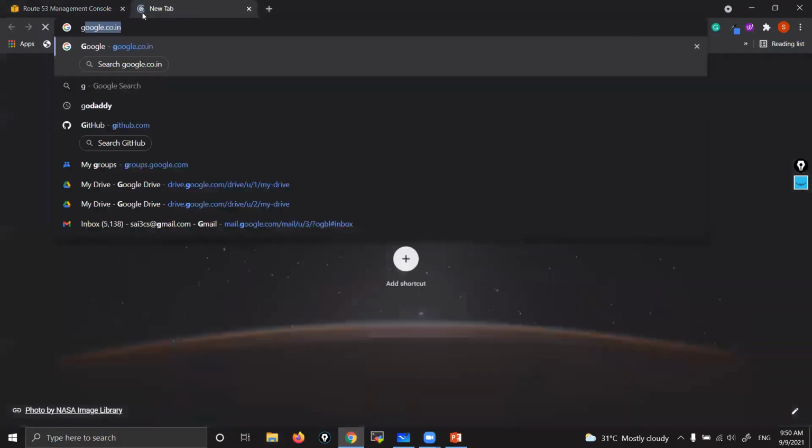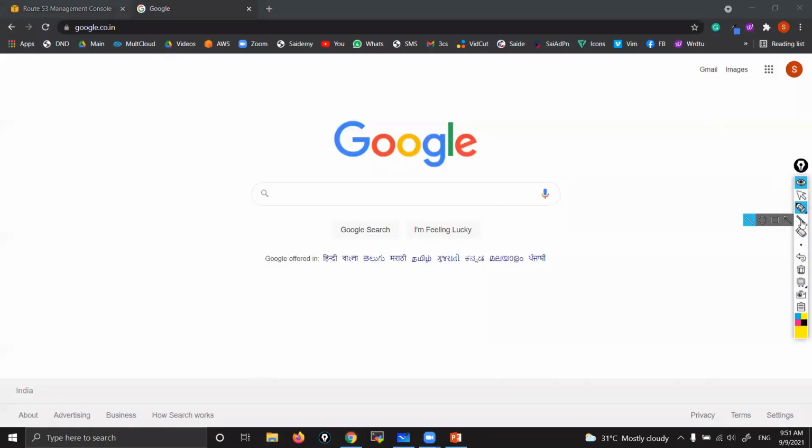When I type google.com here, what is this? Indian languages: Hindi, Telugu, Marathi, Tamil, Malayalam, Kannada. You can see, right? Bengali, yes, Bengali. You can see different languages.